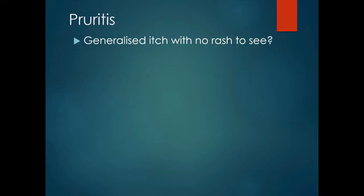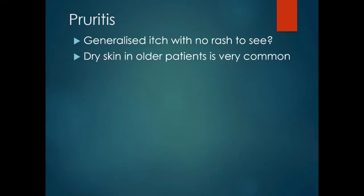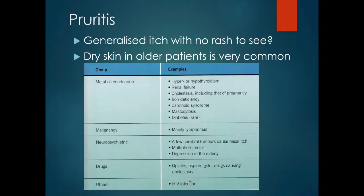Pruritis otherwise means itch. How do we approach a generalised itch with no rash to see? In older people, generalised itch, particularly in the back, is often due to dry skin, and that can be treated with emollients, avoiding long hot showers and using soap substitutes. However, there are a number of other conditions to be aware of that may cause an itch with no rash,